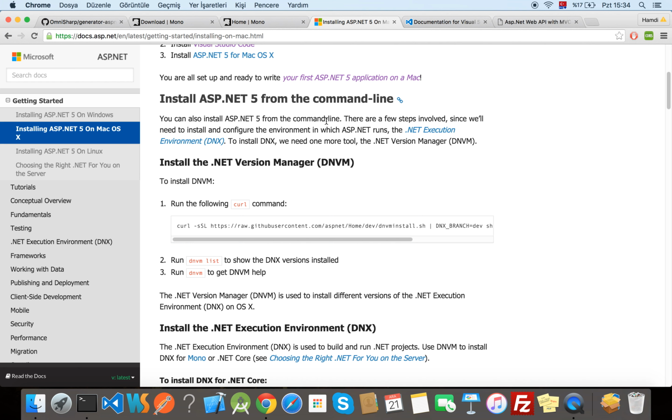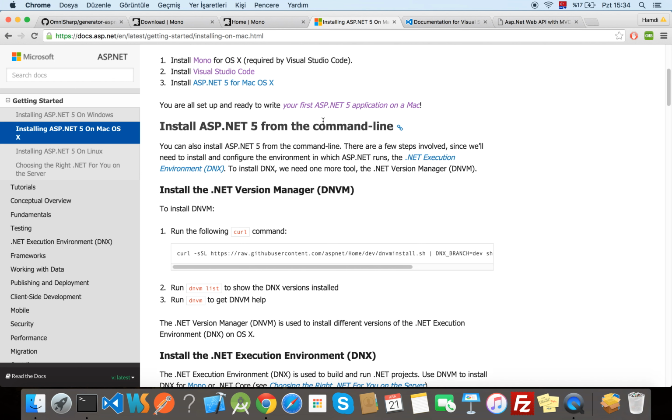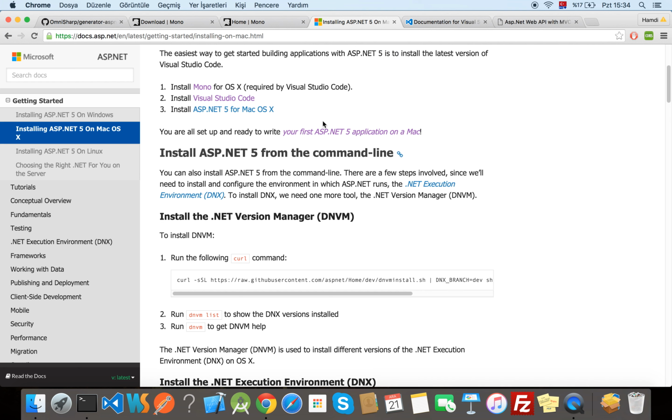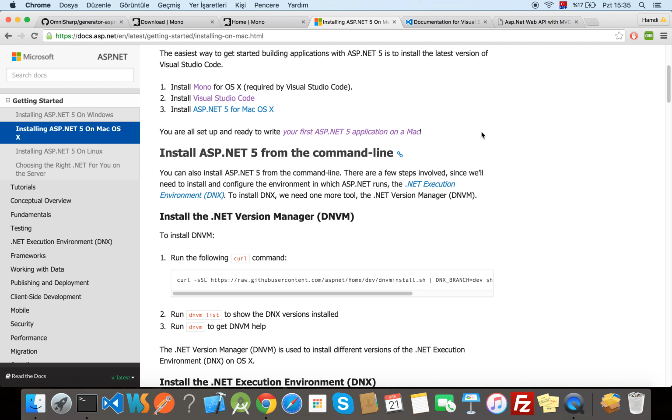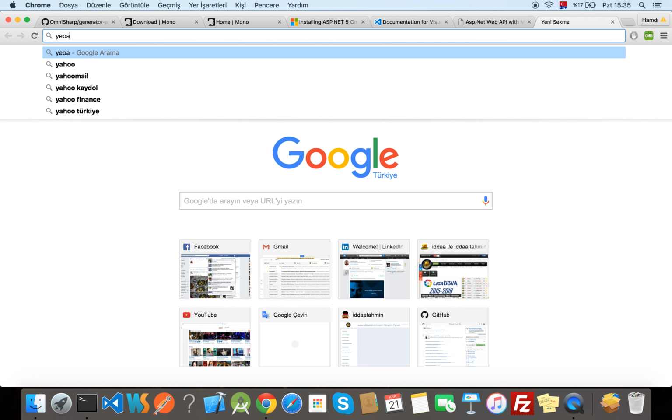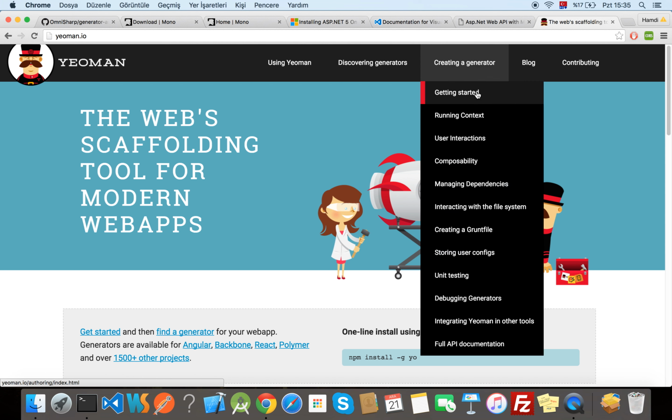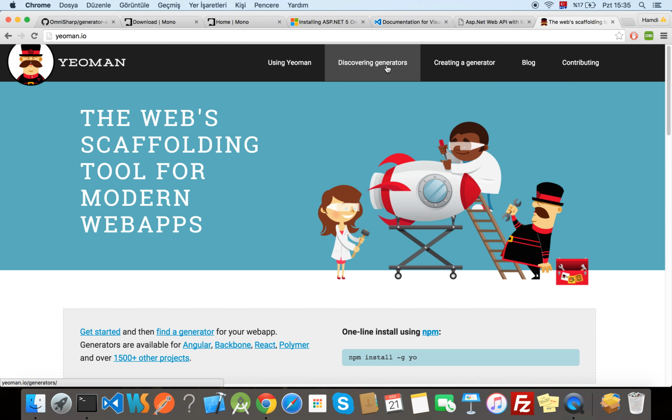Okay, now we are done. How will we start? To start developing a C# application, if you are already using Visual Studio on Windows machines, you can go to File, New Project, and get the project structure. Visual Studio Code doesn't have anything like that. Therefore, we are using generators, and there's Yeoman. Yeoman is a very cool generator developed with JavaScript, and we can use